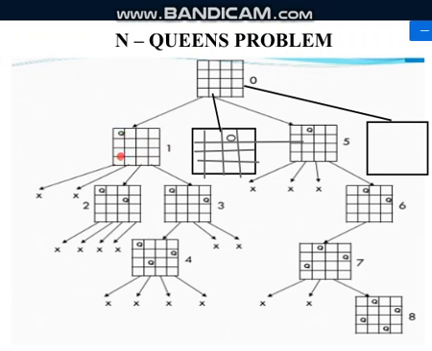placement, we will just try for all possible positions for the second queen. So here, what are the possible positions? Either you can place it in the third cell or you can place it in the fourth cell. Okay. So for this particular problem, I can only place it in the second cell, isn't it? I can only place it in the second cell.